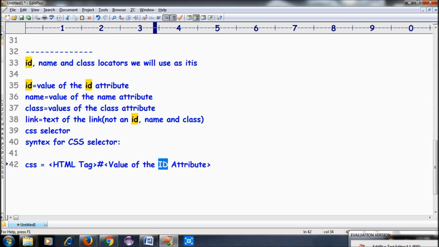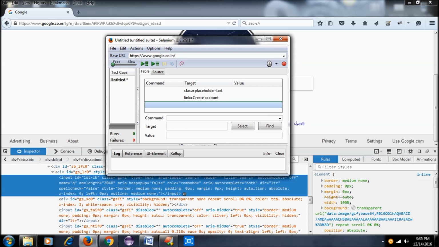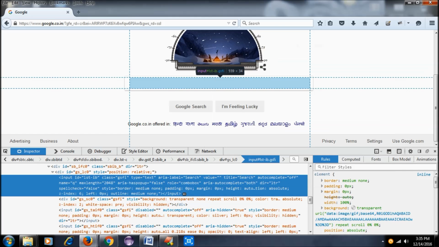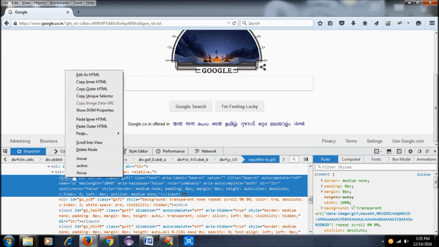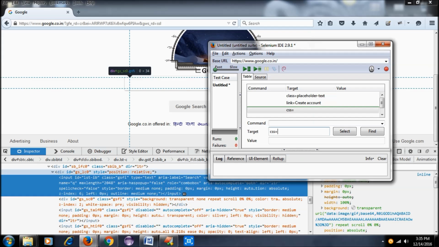So now we try to write CSS is equal to, here I am taking this input, input, put the hash symbol, and what is the value of ID? Here we can see ID is equal to,